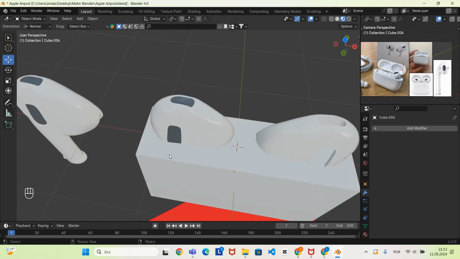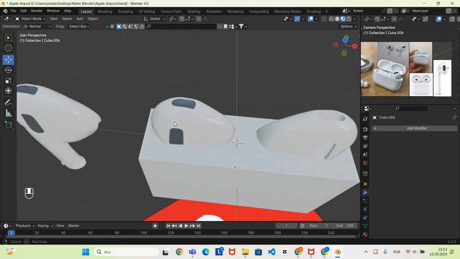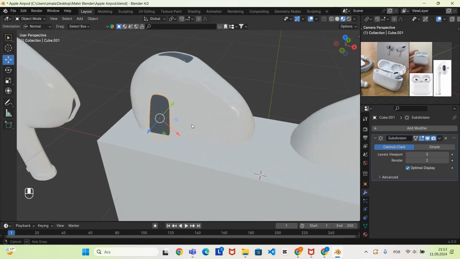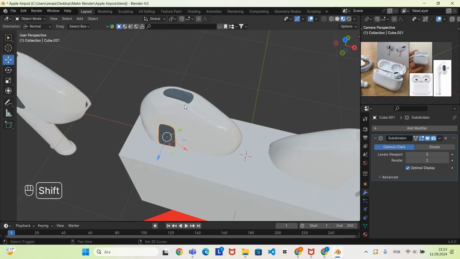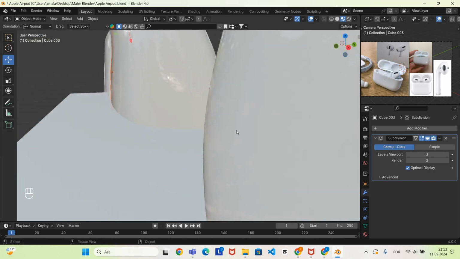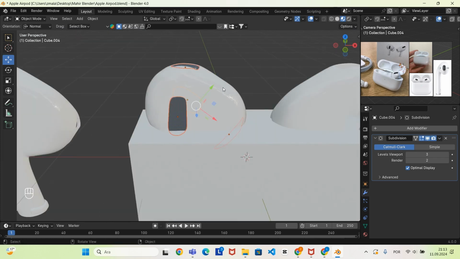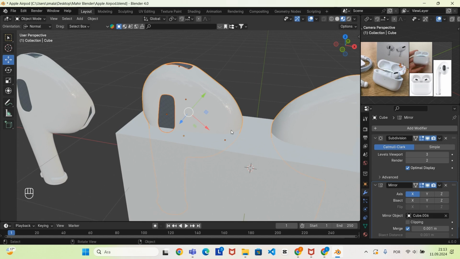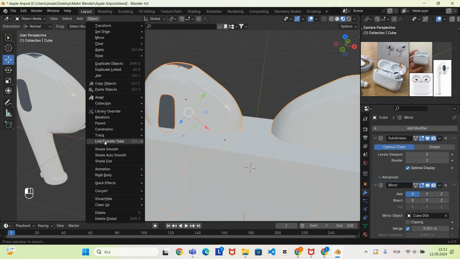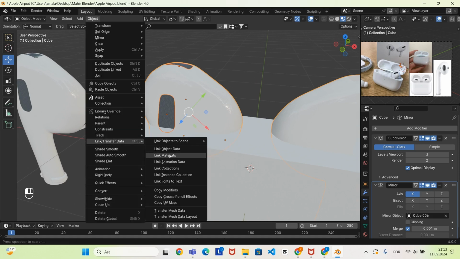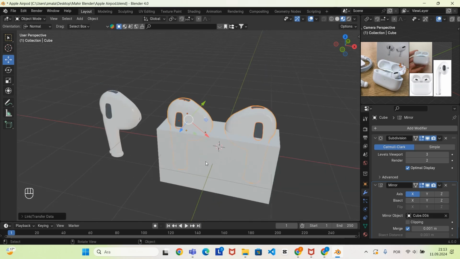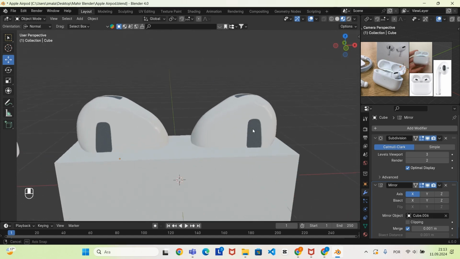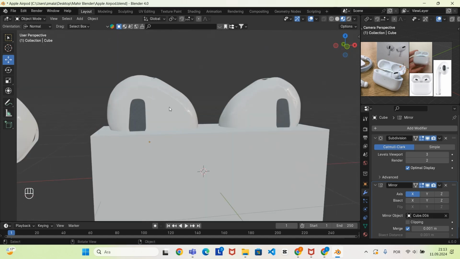So we are not going to spend time on trying to add the modifier to all of these individual parts. We are going to make something cooler. So just select these parts. Then lastly select this white part that you gave the mirror modifier. Then go to object, then go to link/transfer data. Then select copy modifiers,